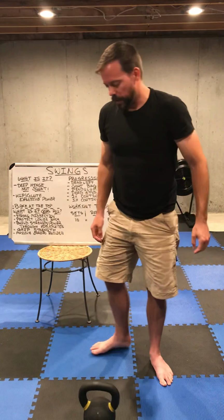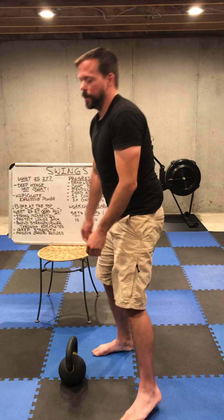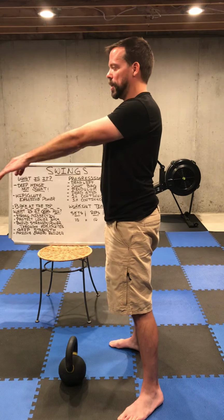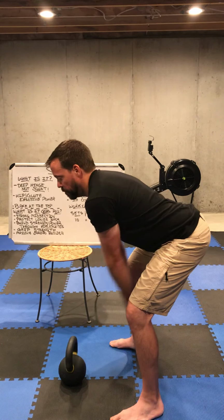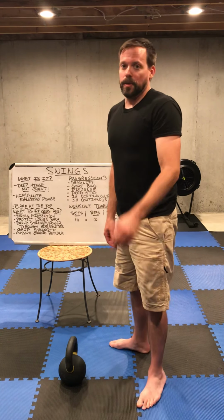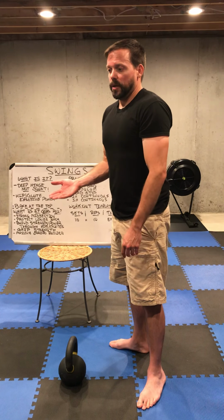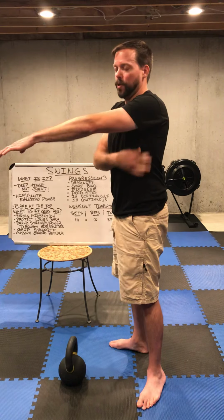One thing you'll notice, you can kind of let your hips rock back and forth a little bit, but you're always pulling the kettlebell back with your lats. Pull it back, let it come forward. It's okay if your hips rock a little bit. That's the low. The reason it's a good thing to practice is it helps you learn how to pull the kettlebell back with your lats,